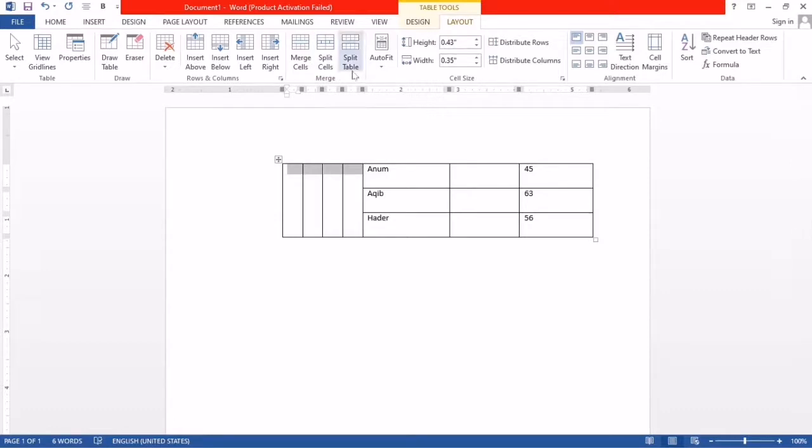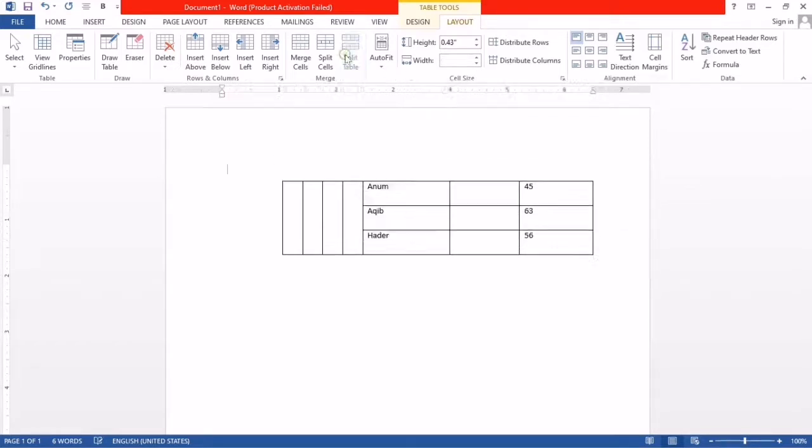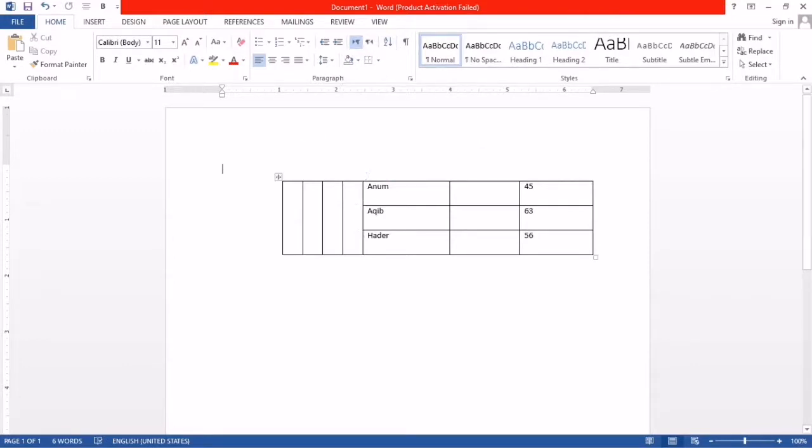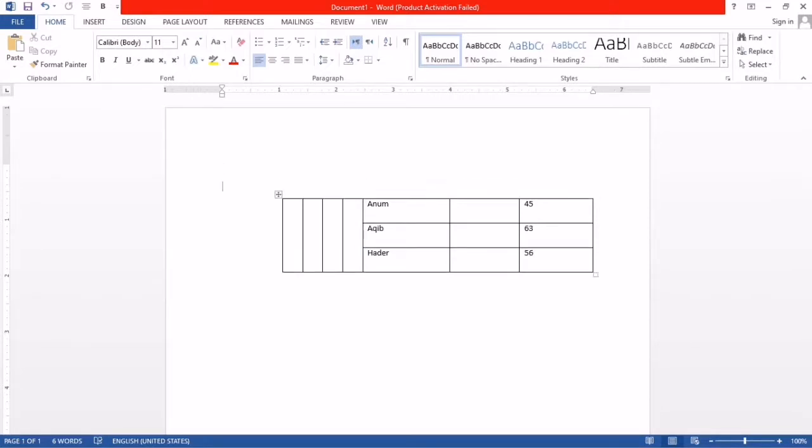Okay, now split table. In the option, for example, I click only this cell, 2 cells, and split table. So you can see this table is split. You can see this table moves a little bit down.